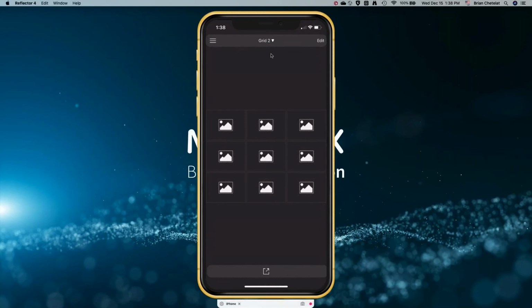The edit button up here. So again, I'm in grid 2. I have no cameras associated with it yet. I'm going to hit the edit button up top here. Sorry guys, I'm trying to remember to show you here since you can't see my finger. Hit the button. So I'm going to hit edit. And again, now I can add a camera to each one of these panes.